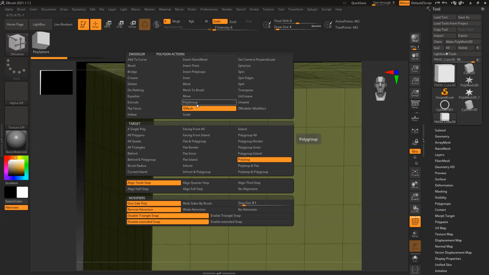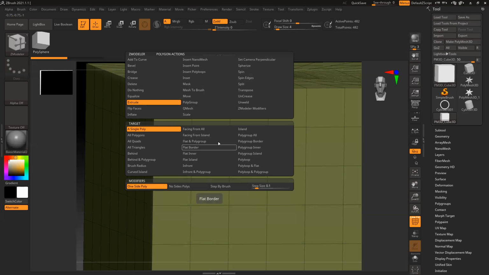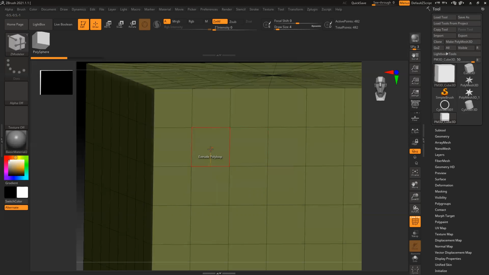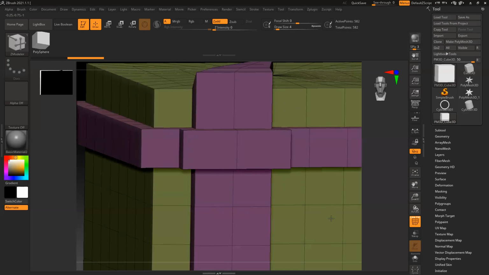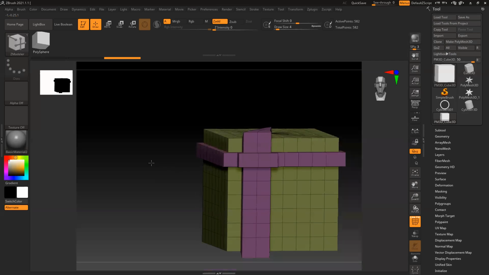What I want to do is extrude it, and my target is the entire poly loop, or maybe one single poly loop, or maybe the entire island, or maybe just one side. So poly loop, and direction, like this direction. I can select this direction, and whichever direction you choose, it will generate based on that.